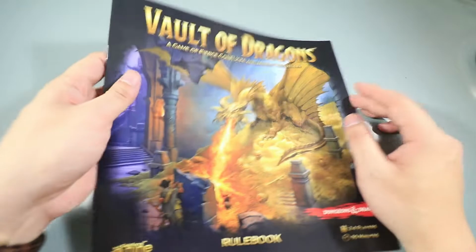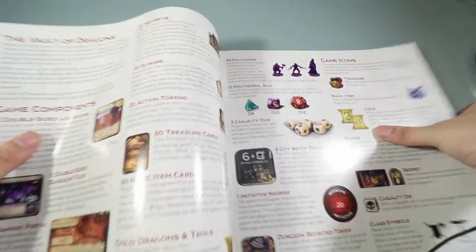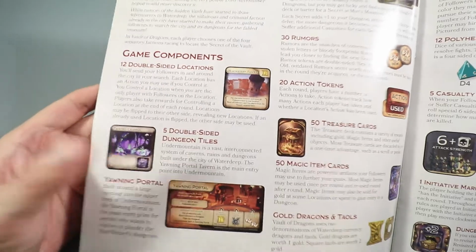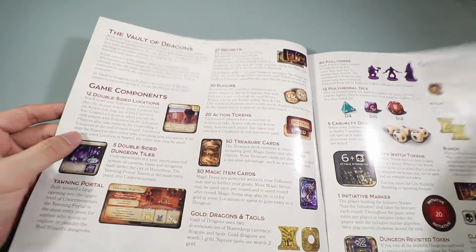Alright, so without any further ado, let's get right into it. You're just gonna start opening up the first page, and you're thinking, alright, this is easy enough, isn't it? Are there any red flags here? I don't know. Let's see here. 12 double-sided locations. Everything seems to be in order. 9. Yawning Portal. Everything's here. Treasure cards, magic cards. And then you read